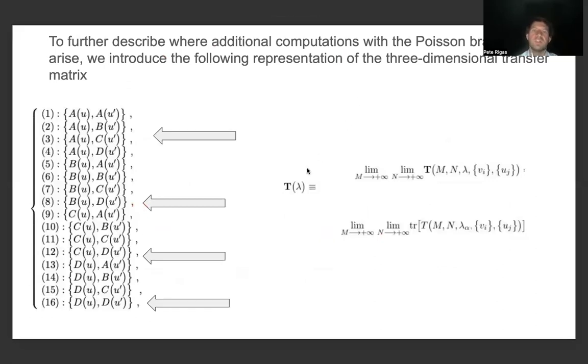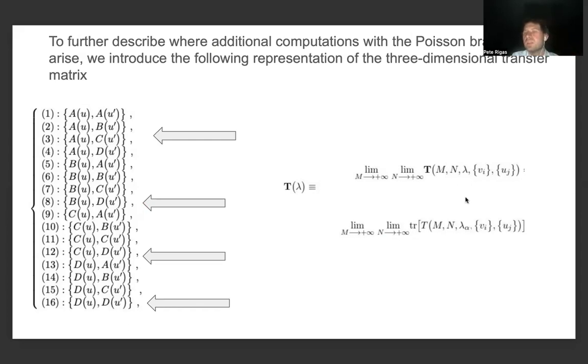Okay, so to further describe where additional components with the Poisson bracket arise, we introduced the following representations of the three-dimensional transfer matrix. We're going to lighten the notation a bit just for this part of the presentation, but it's a little bit more technical, but not much in the actual preprint, because we are just going to assume that the two spectral parameters which we need to use to define the three-dimensional transfer matrix and the three-dimensional quantum monodromy matrix is just given by a homogenization of these two spectral parameters to just a single spectral parameter